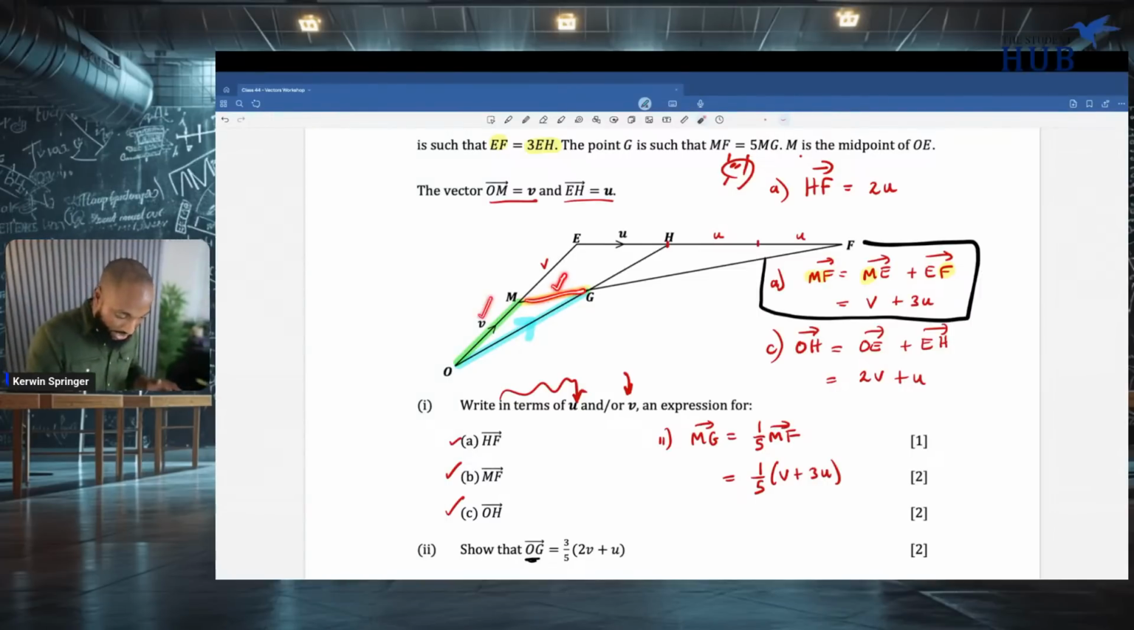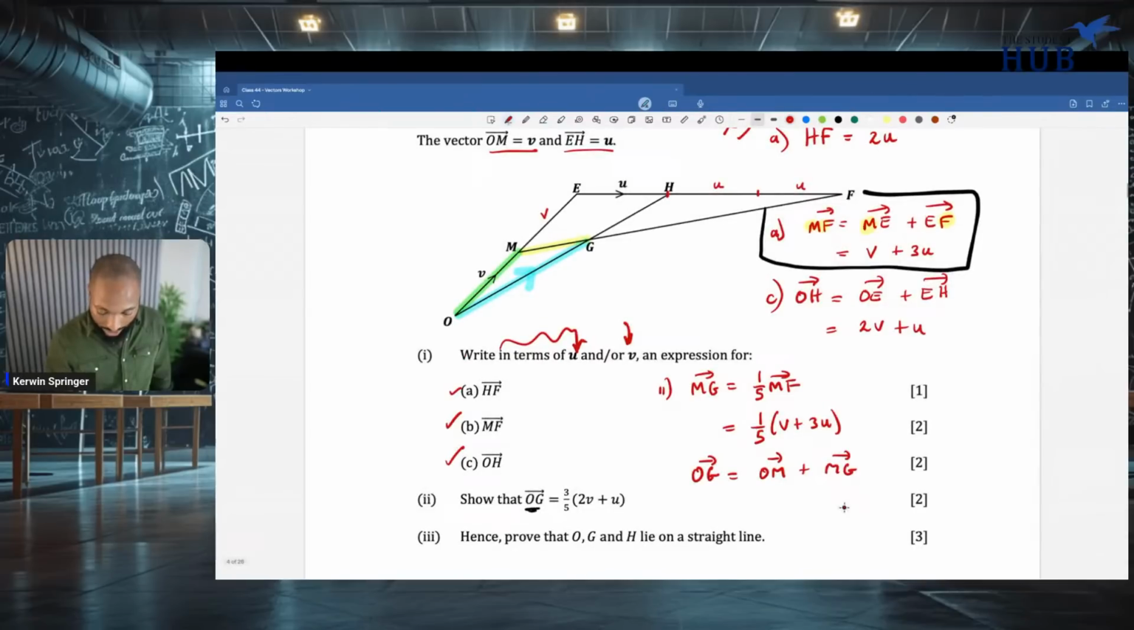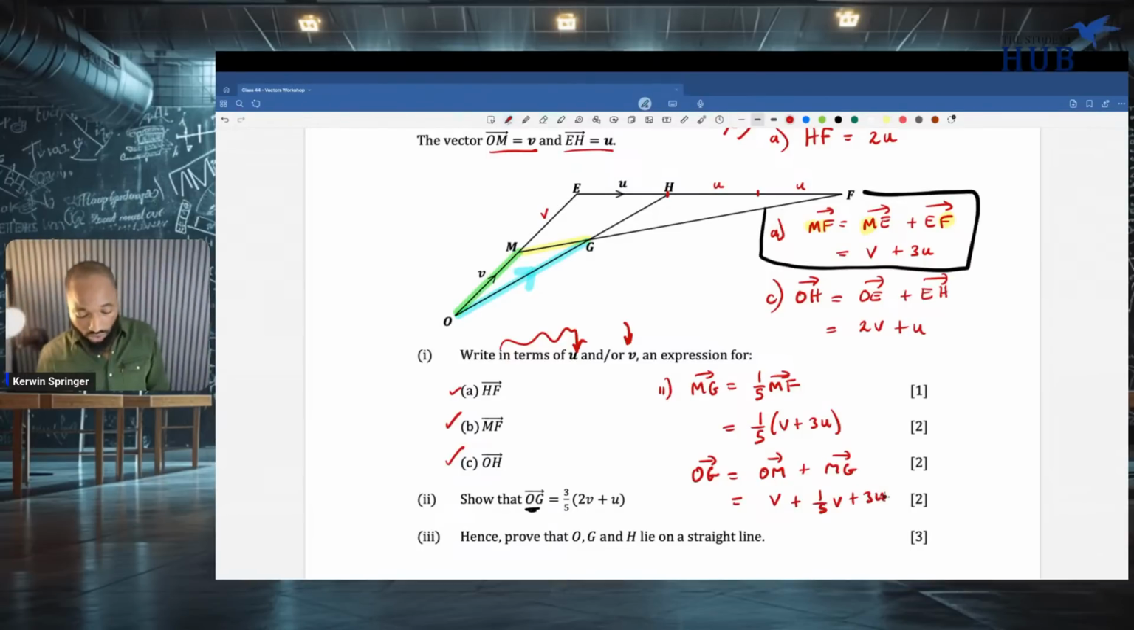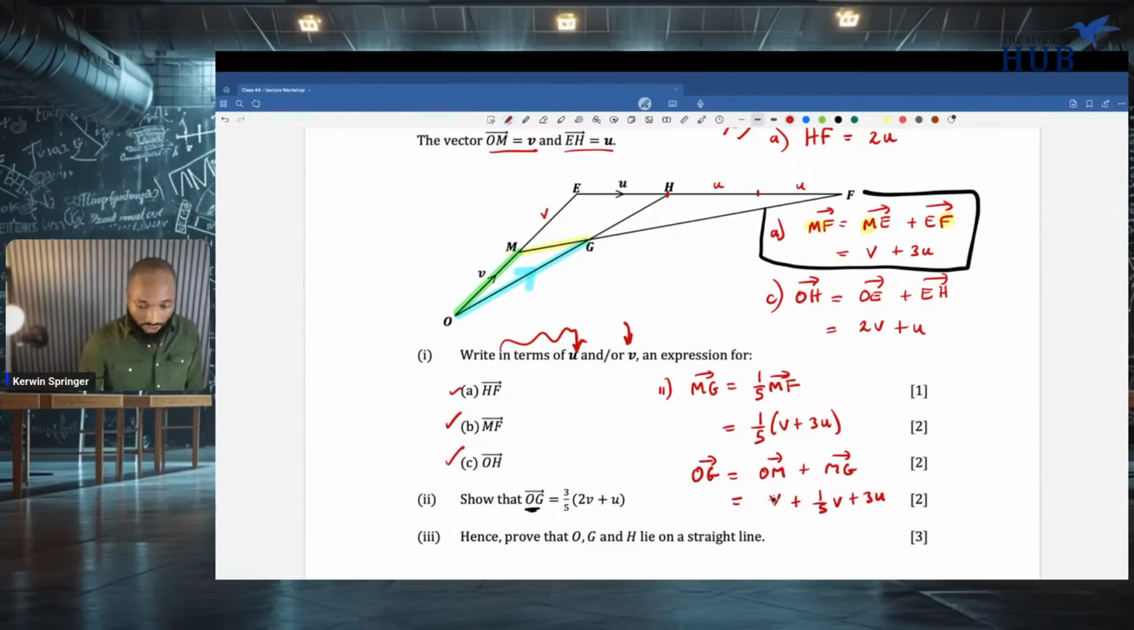Now we're just going to add OM first. We're going to say that OG that we want to show is actually OM plus MG. And we're hoping for the best here. We're hoping that the maths is forever in our favor. The OM can be replaced by V plus 1/5 of V plus 3U. Take your time, don't rush it. 1/5 of V plus V, isn't that supposed to be